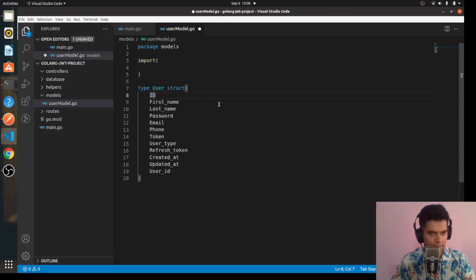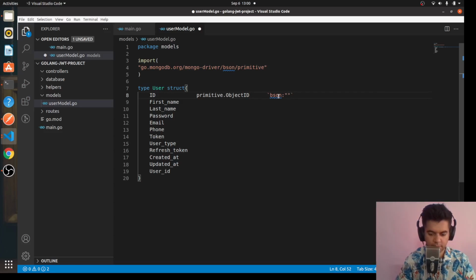All right, and here we'll have primitive.ObjectID. And where does this primitive come from? We'll basically be installing the go.mongodb.org/mongo-driver/bson/primitive package. The reason for that is we want to use bson here, _id, and first name is string,